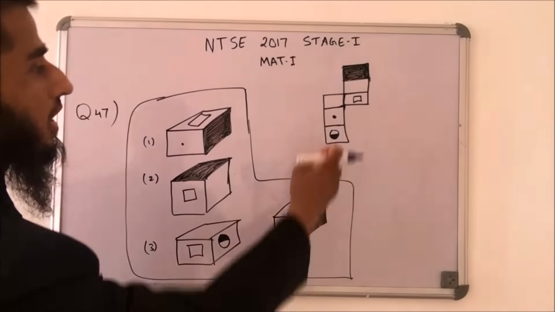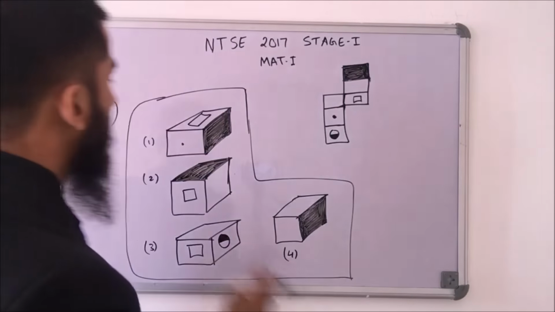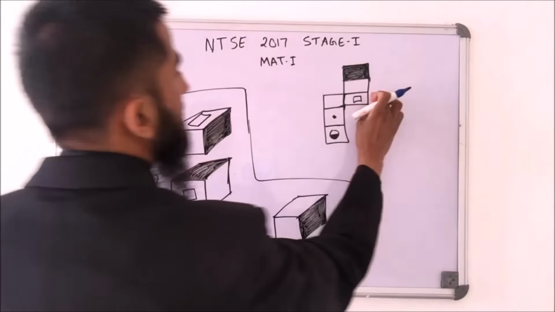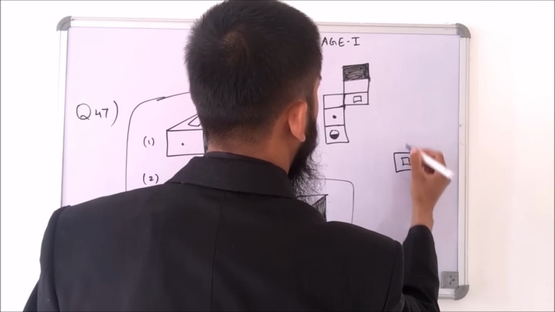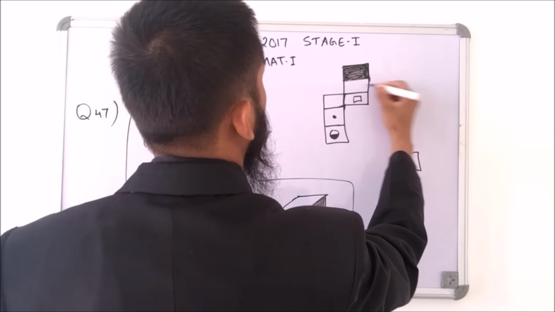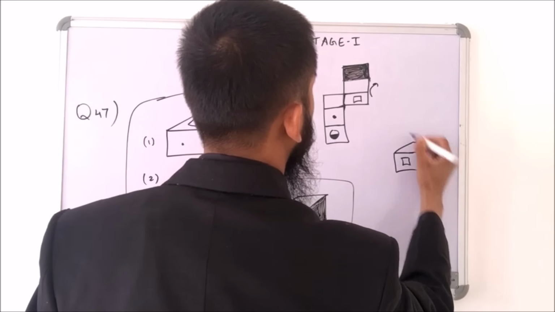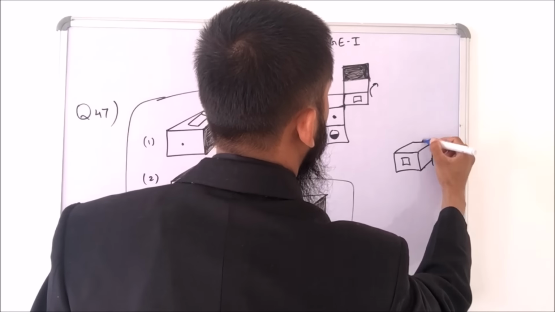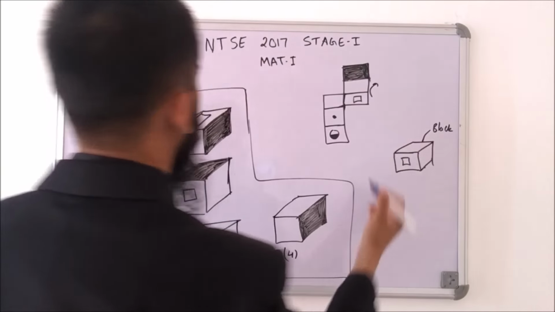In this question we have a cardboard figure and we keep on folding to get a cube, and we need to see which of the following cubes will be formed. So let's start with this as the front. So this will be the front. Then if I fold it like this, this will get on the top. So the top I will have blank, and this will go to the back. So the back side will be black.